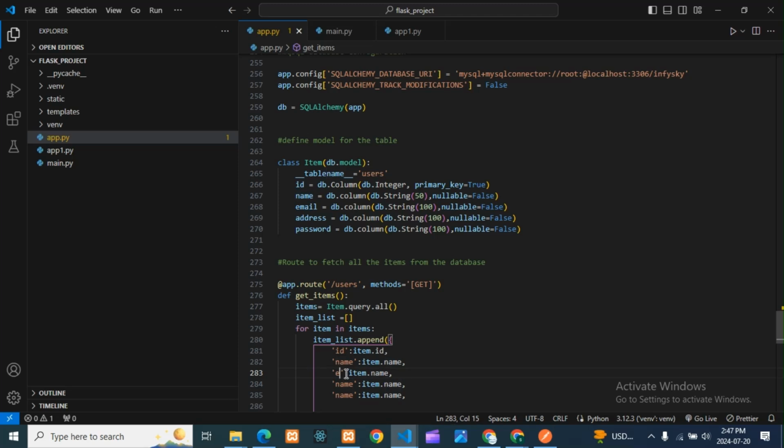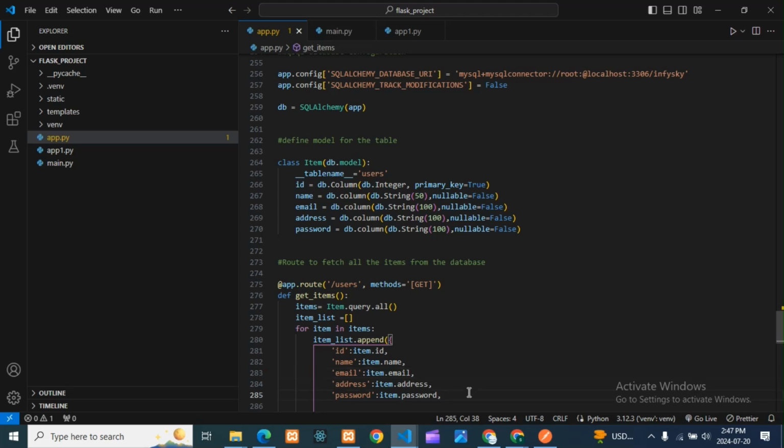So here it is email, same we are taking here also email. Then here it is address, same address we are taking here, and here it is password, same password. So this is done.